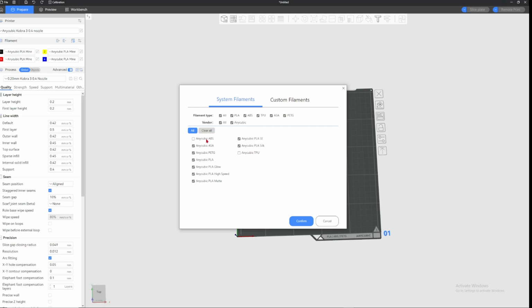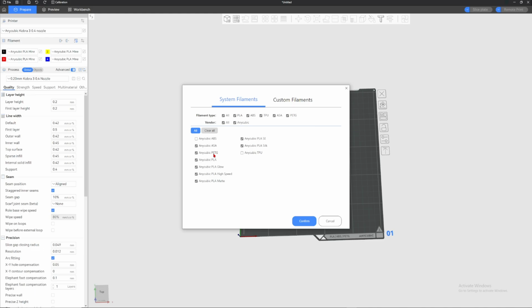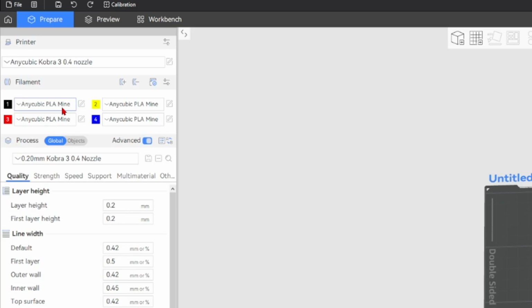You can select all of them, or you can just select a couple. You can select how many ever you want. You can create custom filament, but you don't really need to do that. I usually just use the system filament and then just edit the setting. But let's say you have PC or nylon or other PP filament, you do kind of want to customize your filament. So in order to edit the filament, you come to the filament right here, the pencil next to it,